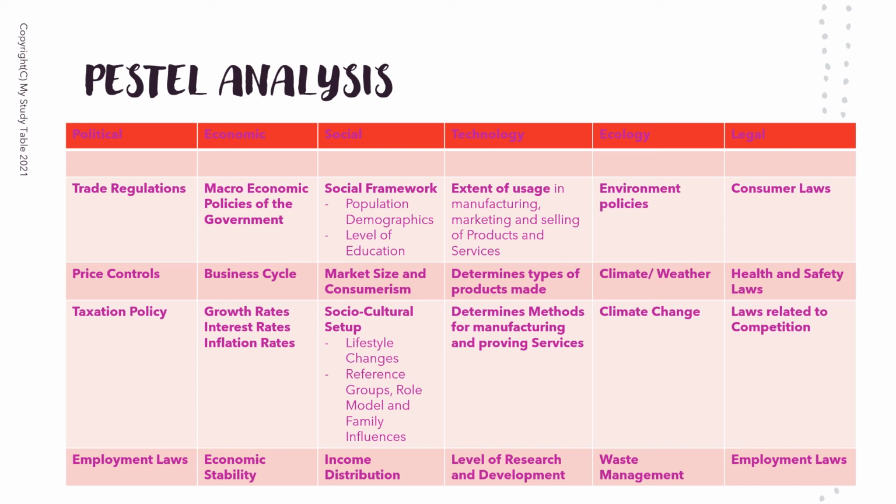And of course, consumerism. That has been a social trend over the last few years again, and this has increased to such an extent that there have been laws to protect the rights of the consumers. All of these again are part of the social component. So here I've mentioned income distribution, market size, consumerism, etc. All of these would have an implication on the way in which a company would decide to either come out with a product or not.